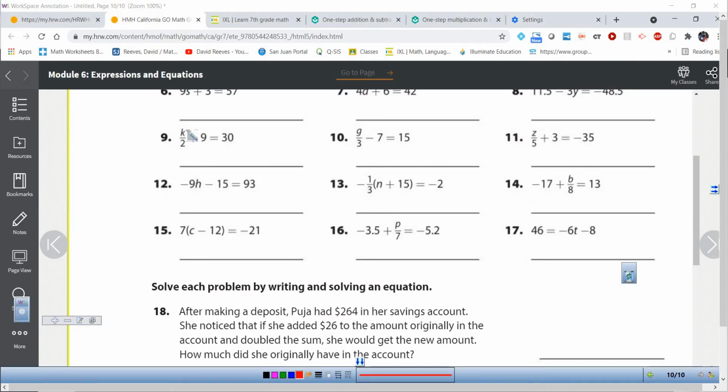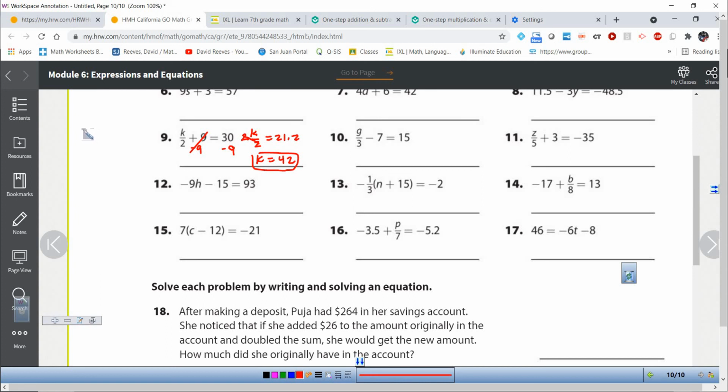If I were going forwards, I would divide and then add. So going backwards, I need to subtract and multiply. So my first step is going to be to subtract 9 from both sides. And when I do that, I'm going to rewrite it over here instead of below it. I'm going to get k divided by 2 is equal to 21. Again, because those cancel, right? Okay, what's the inverse or the opposite of dividing by 2? It's multiplying by 2. Again, those cancel. I get k is equal to